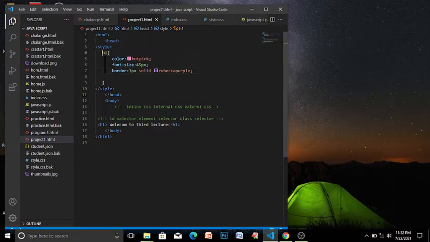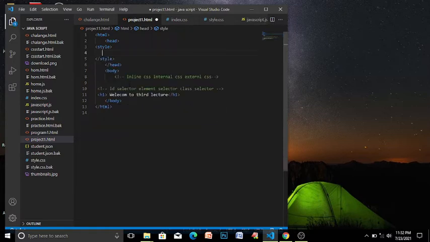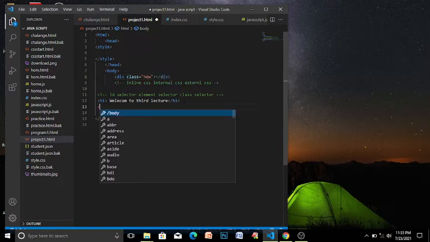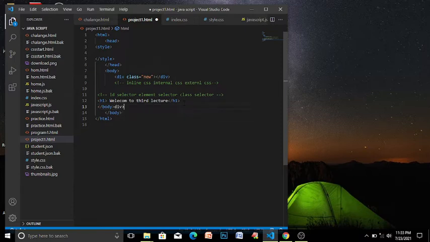For that we need to make a class. A class grabs everything from the open tag to the close tag. Like if we make a class from there and close this div here, it will cover the entire div. If it is here or here, it will cover everything about the div.